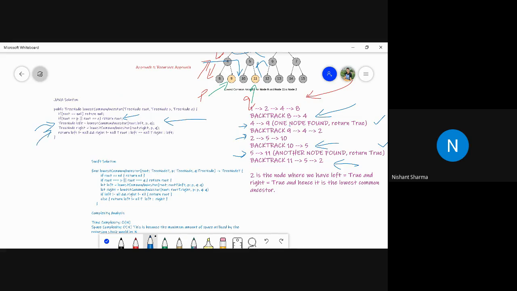We will see if both are not null, it means root will be our parent, because when we were calculating left and right, we were passing root left or root right. So who will be the parent? Root will be the parent. That's the logic here. So at any point of time, if we find both the nodes, then root will be the parent. If we find only one node, then we will check whether that node is left or right. Whatever be the node, we will return it as a parent itself.